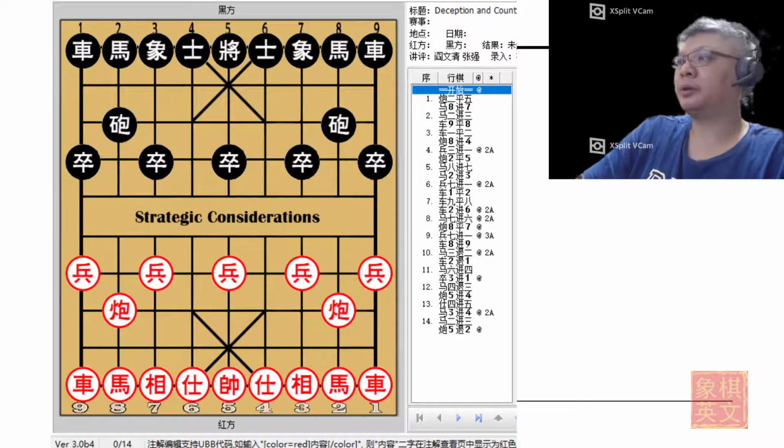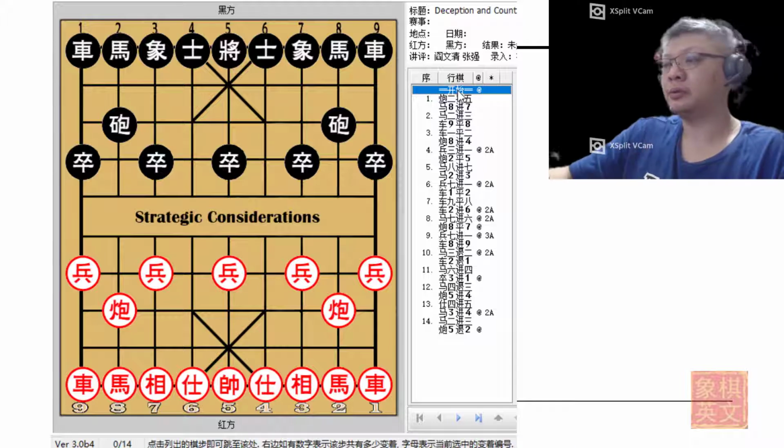Hello everyone, and welcome to Bot 38 from the free ebook that is available on the World Xiangqi Federation website. The book is called Deception and Countermeasures in the Xiangqi Opening. This will be bot number 38 and it will deal with the deferred opposite direction cannons. So without further ado,